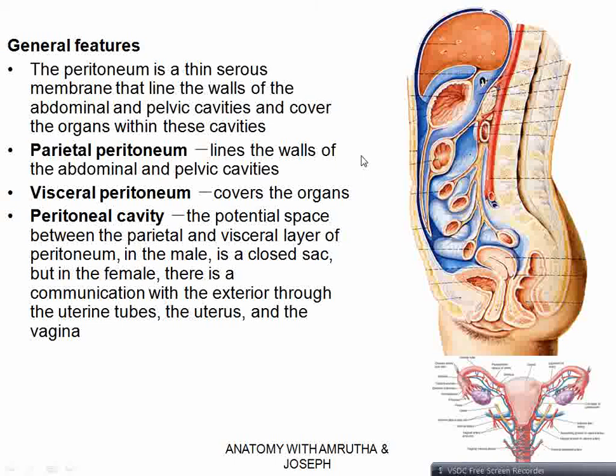So remember, a single layer structure, which we consider as a balloon, because of the invagination of different structures becomes double layer, and as we can see here, there are parietal and the visceral peritoneum. In between we have the peritoneal cavity. Peritoneal cavity usually is a closed sac in males, whereas in females it is not a closed sac because there is an opening in the fallopian tube through which the ovum is captured by the fallopian tube from the ovary.